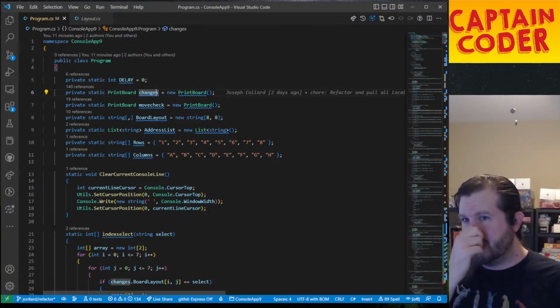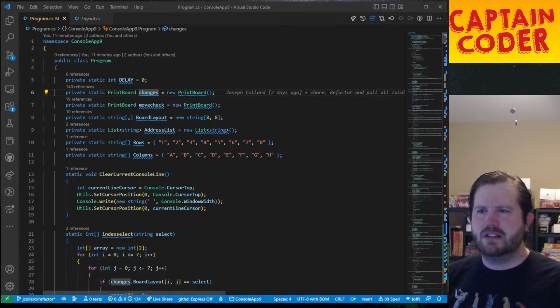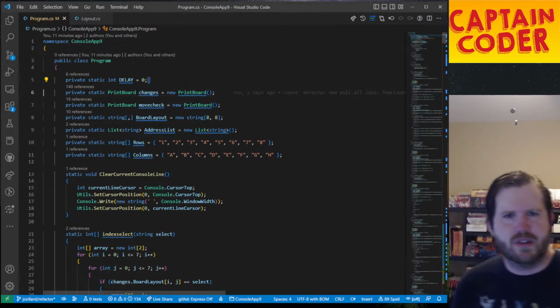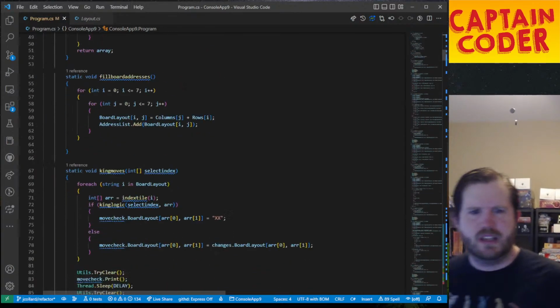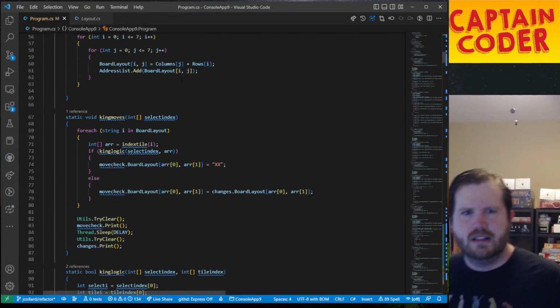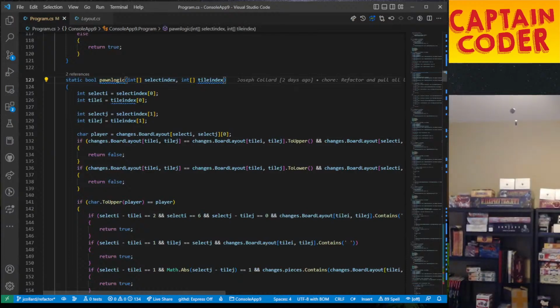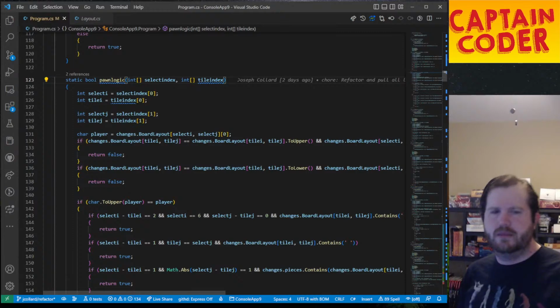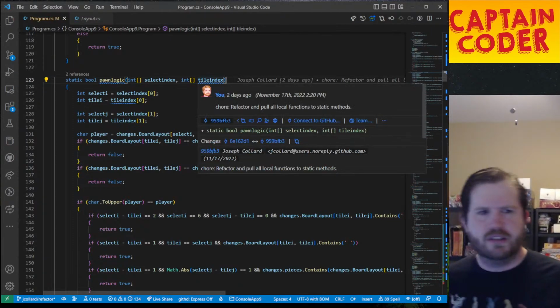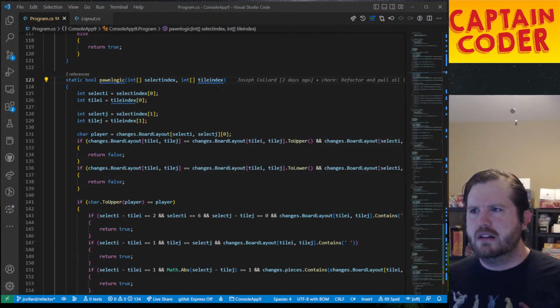refactoring this chess program. Last time we took this chess program, which is all built into one giant main method, and inside of that main method, we had a bunch of